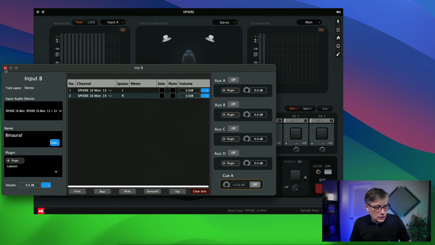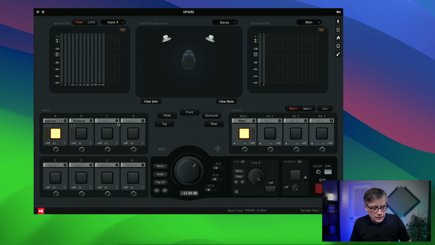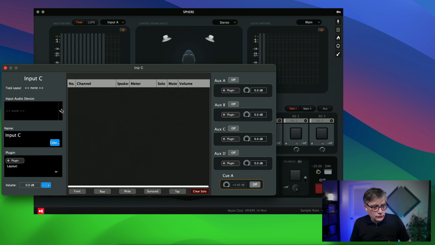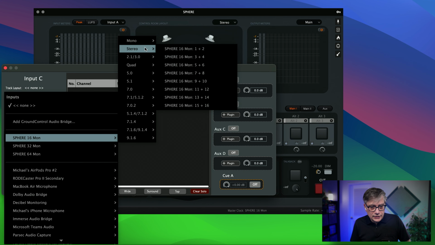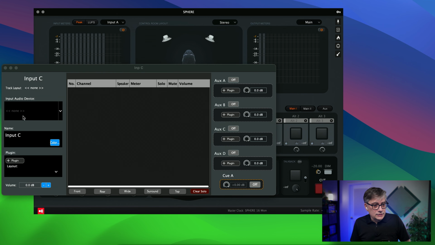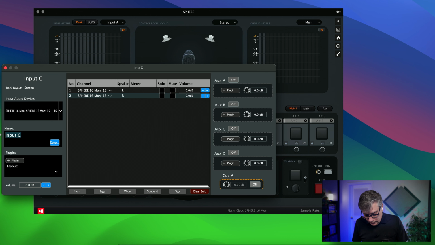And then I'm going to set one additional, and that's going to be the stereo one. For the stereo, I'm once again going to select the Sphere 16 as my input device. I'm going to select the stereo device, and I'm going to select the last two remaining channels that I have here, 15 and 16. And these are going to become my stereo output. And the only thing I need to do now is, in MixBus, route the 3 different buses correctly into the 16 channels of my output. And that's really everything I need to do.